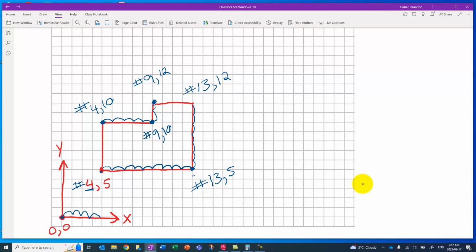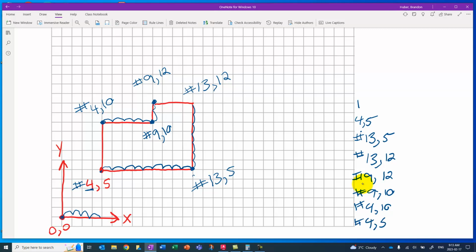So to create this shape in AutoCAD, a good workflow would be just type L for line, press enter. We would type 4, 5, enter for our first point, and then follow that up with each of our absolute coordinates, always with the number symbol. 13, 5, 13, 12, 9, 12, 9, 10, 4, 10, and 4, 5. Okay,